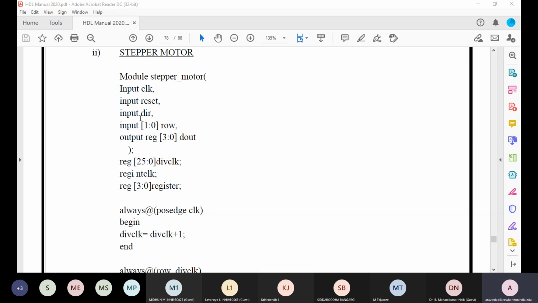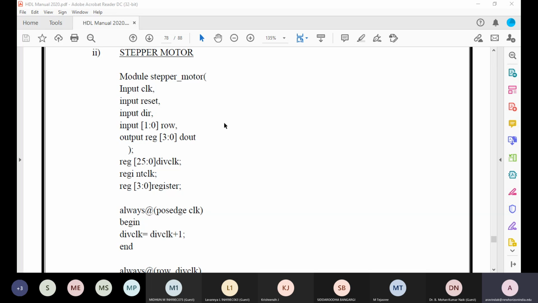Otherwise, you just visualize this [1:0] is basically 2 dip switches, both of them can be turned on or off. So now there can be 4 positions: off-off, off-on, on-off, on-on. That way there can be 4 positions, unlike the push button switches in our previous case. In our previous case, it was 4 switches. We used to press 1 switch at a time for selecting the speed. Whereas in the case of the stepper motor's daughter board, we have 2 dip switches.